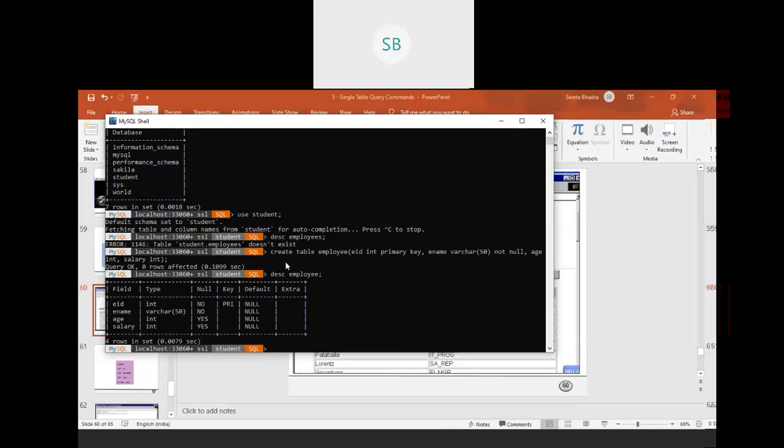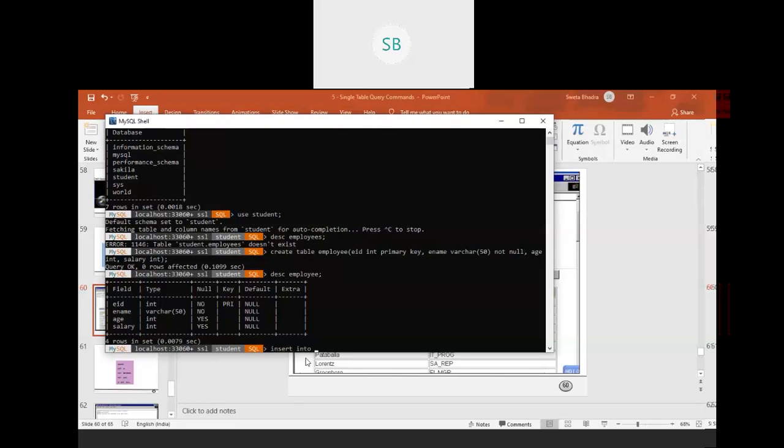So CREATE TABLE, you know, it's a DDL command. So CREATE TABLE employee, I have taken EID as the primary key, and you can also see ename is varchar, and age is there and salary is there. Now let me insert some values and then I'll show you how to use this command.